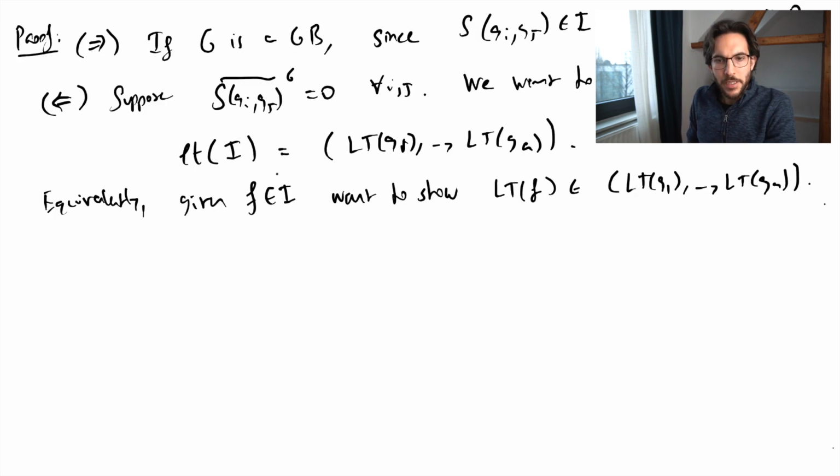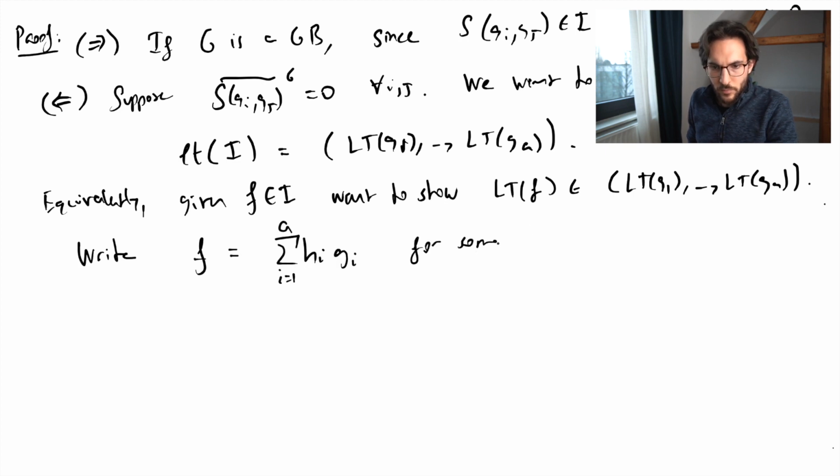Okay, then let's take our f and first just write it in terms of G, because G is the basis for the ideal. And now we observe the following. So if none of the leading terms of hi times gi is greater than the leading term of f, then we will be able to represent the leading term of f by this expression, by just taking these top degree leading terms. So let's write this down. So if